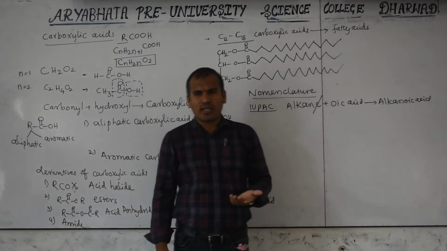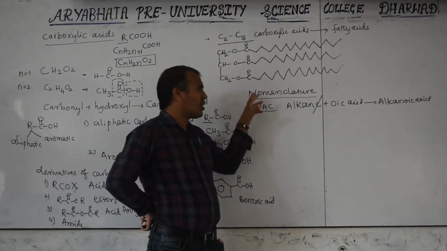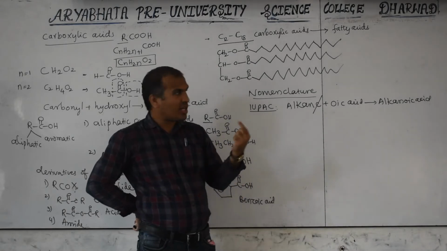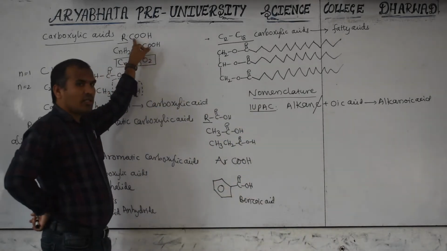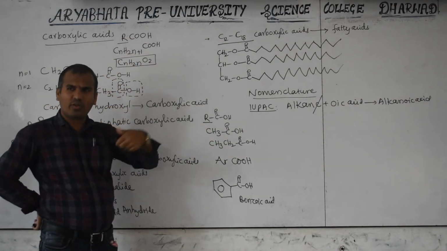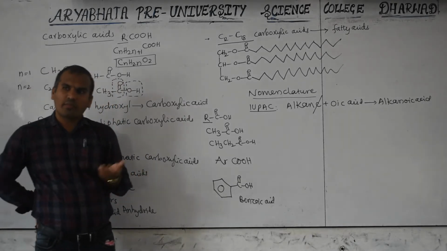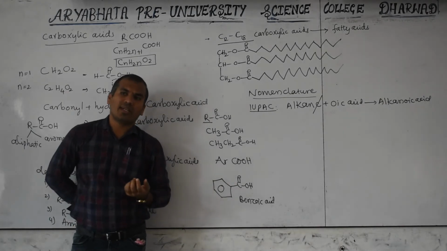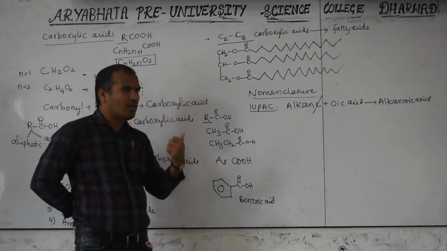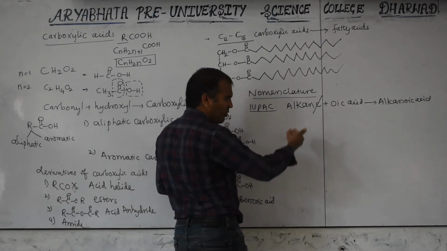If substituents are present, substituents get the least number. But keep in mind, when a carboxylic acid is there, it is always terminal. Terminal means this carbon is counted, and this carbon always gets which number? One. Always, irrespective of all the rules, lowest sum rule, or substituents getting the least number, everything. Because when more than one functional group is present, you may have studied that carboxylic acid gets the first priority, so it always gets the first number. If any substituents are there, I will discuss that later.